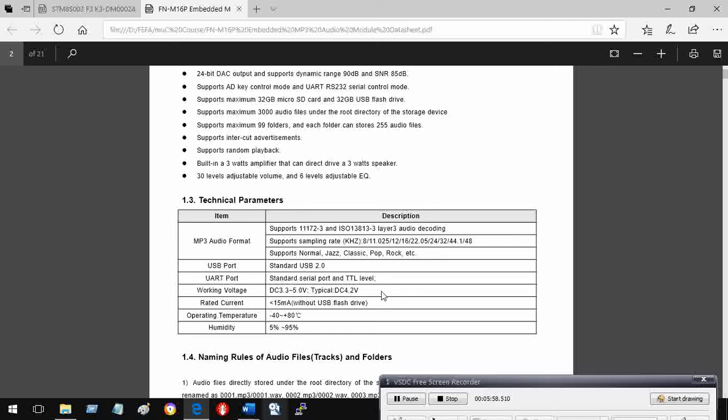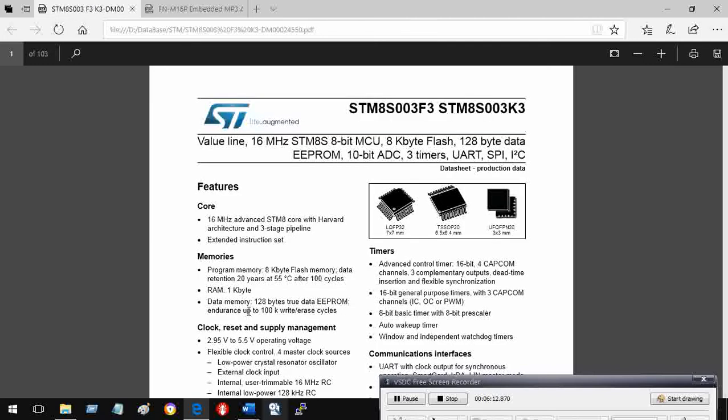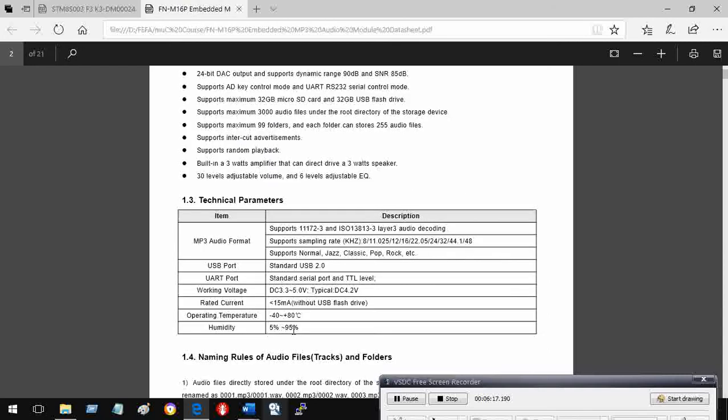Excellent. So both devices are compatible. Whatever voltage I give them in this range, both of them will work. In fact, this is a subset of this. This goes from 2.95 to 5.5, whereas this goes from 3.3 to 5.0. So good for us.